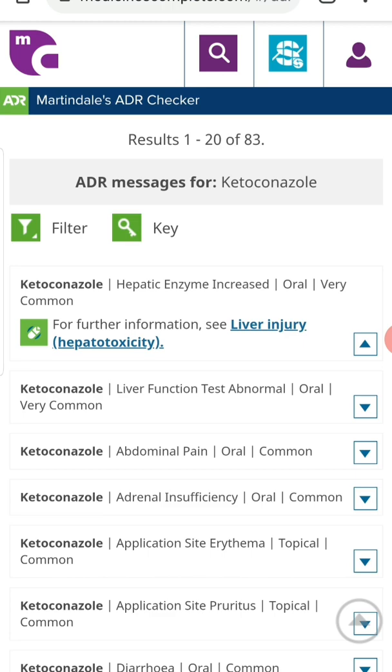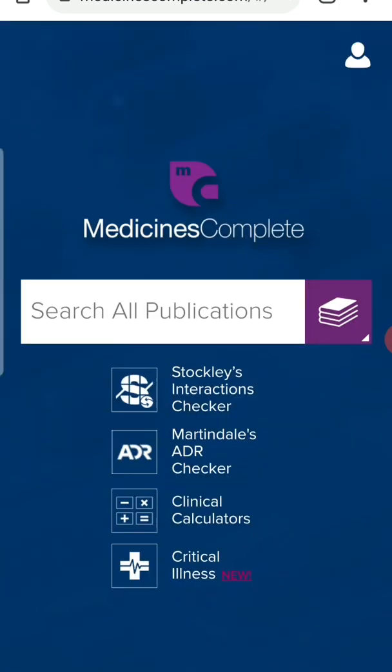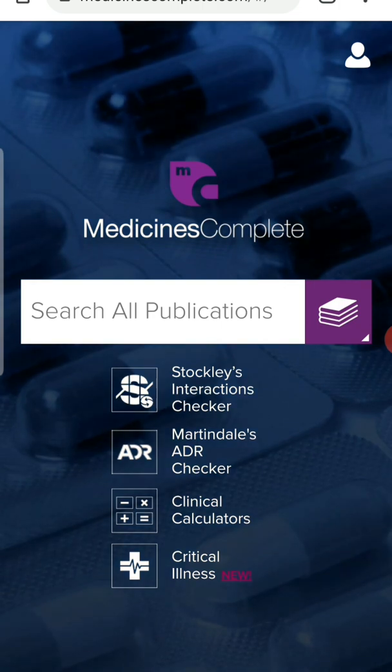Here the problem is hepatic enzymes increased, and these increased hepatic enzymes are nothing but liver injury or hepatotoxicity. What is meant by that would also be given, so the student can learn from that and explain to the patient. So this is up to what Pharm D students can use, right? In addition to these, this can offer many other things for the researchers, right?